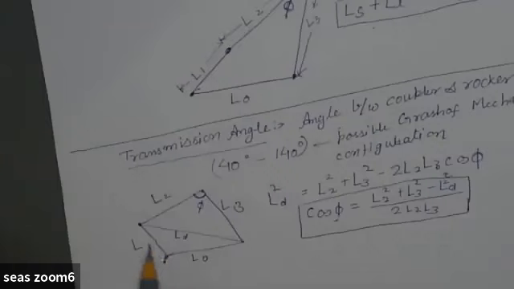So again you can apply one cosine rule over here if you know this angle, and that is the only one angle which you are required to know in order to determine the whole position of all other links. So for LD, if you know the angle here, you can apply the cosine rule to determine LD, and then once you have LD, you can determine the transmission angle phi. So this is about the transmission angle.